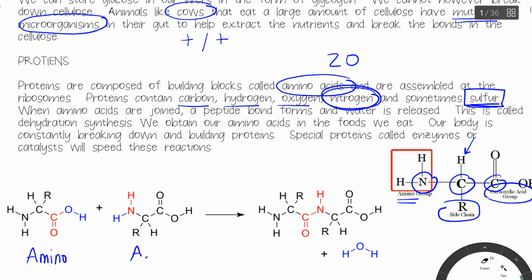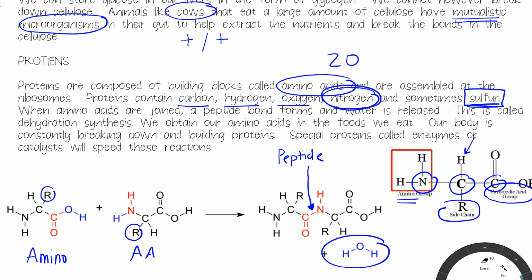This is an amino acid right here. And we don't know what the names of these amino acids are, because they only have an R group. They didn't tell us what the name is. But when you put them together, you are going to make a peptide bond, and that peptide bond is going to be right there. And whenever you make one peptide bond, you are going to release a water, in a process known